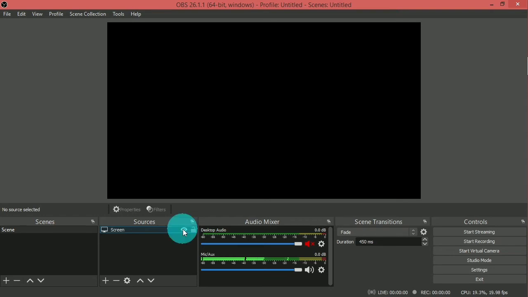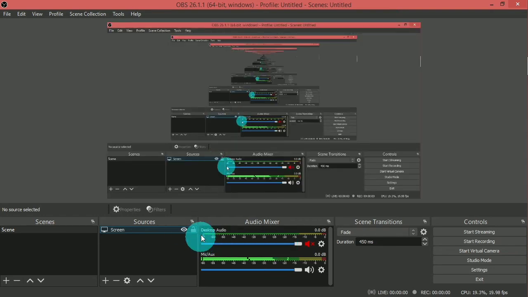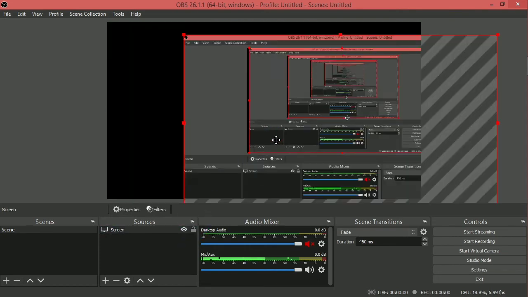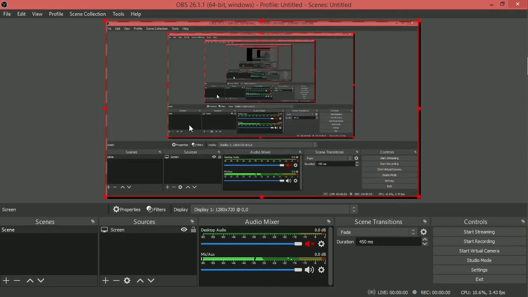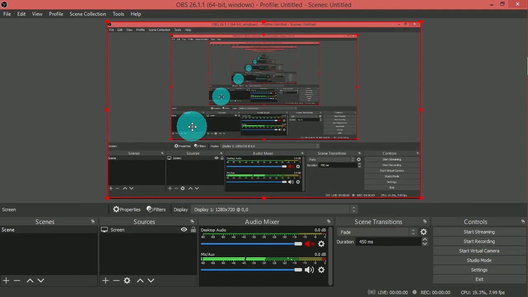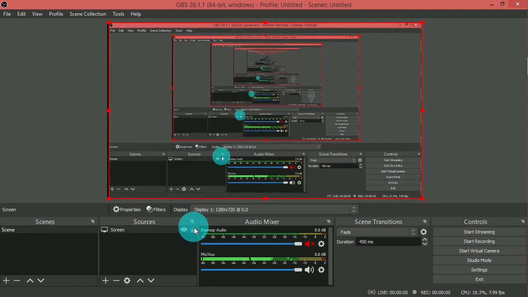Now let me enable the preview back, and another option is lock. Right now you can see that I am able to move this thing, but if we want that we should not be able to move this thing, we can use lock. So now let me lock this layer. Now you can see that it's locked, so we can't move this. You can see that I'm dragging my cursor, but this is not moving. So let me keep it locked.